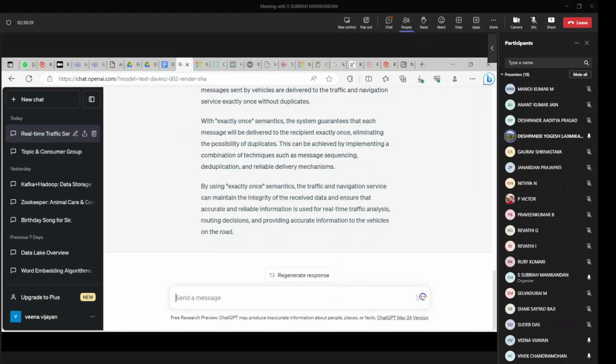Now the question is whether we are okay with duplicates or not, right? Based on that only we can select whether we go with exactly once. In this case, can we afford to have a duplicate? Then we can say at least once. And if we are 100% sure we don't want duplicates, then it has to be exactly once. The data volume will be high, so if we have too many duplicates, the storage will be